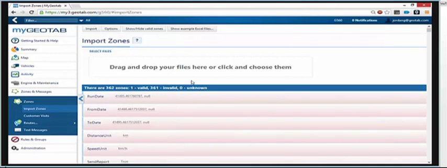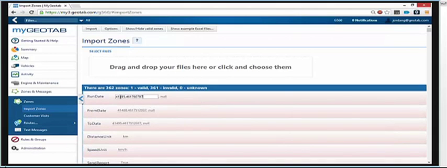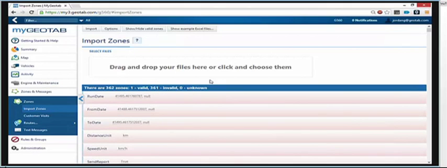So if you're importing with addresses and maybe there's something wrong with that address, it will highlight and tell you which one has a problem with the address, and you can just go in real time and fix it, and then you're done. You don't have to wait to have that file dropped back in your folder and edit it and put it back in, and then you can actually just go ahead and import. You can choose your options,